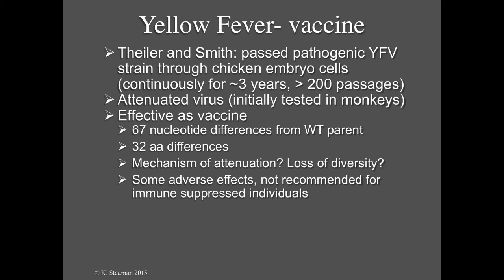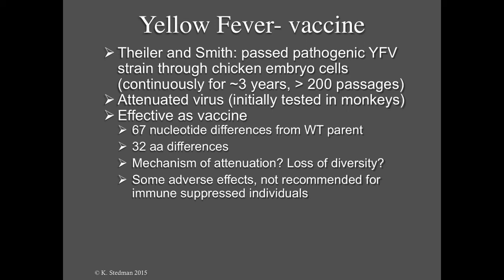Doing that over time generally results in mutations occurring in the virus. The virus is adapting to grow in chicken cells, which probably or often means that it's going to be less adapted to growing in humans. And this is what was found, originally tested in primates, that the virus was indeed attenuated,